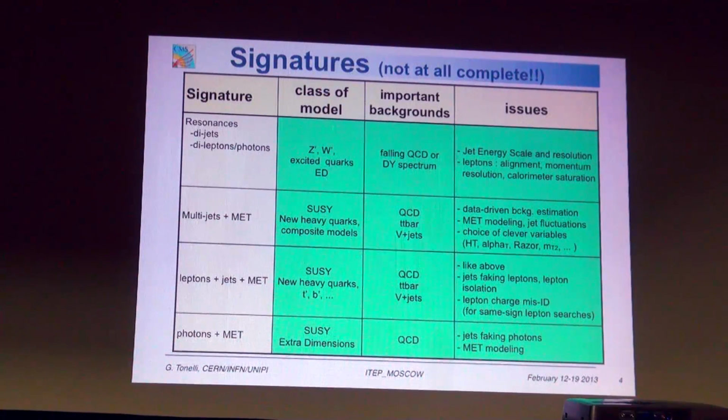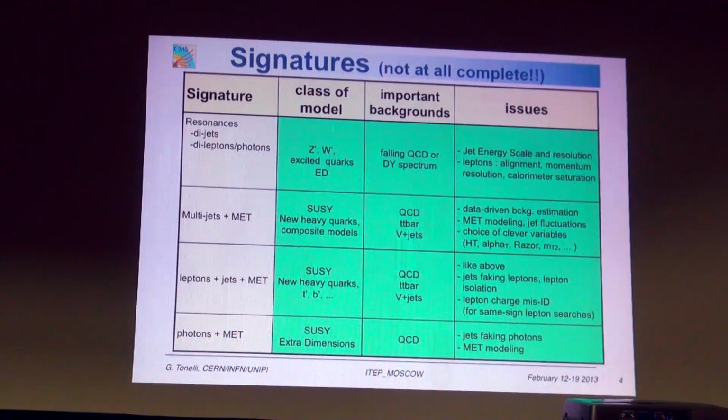Missing ET is a very simple object, but whenever there is a defect in the detector, you discover SUSY immediately. Whenever there is a part of the detector which is blind, or which is not calibrated, or which is responding more than expected, you immediately find events in which there is an excess of missing ET. So it requires a careful study of the detector response in the full coverage. Remember that we are trying to cover the full 4-pi region the most we can.